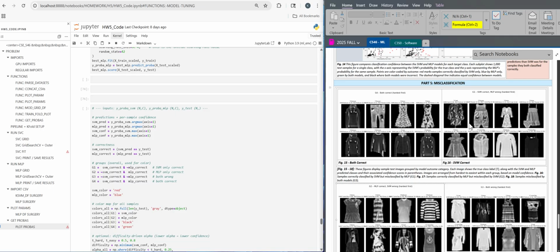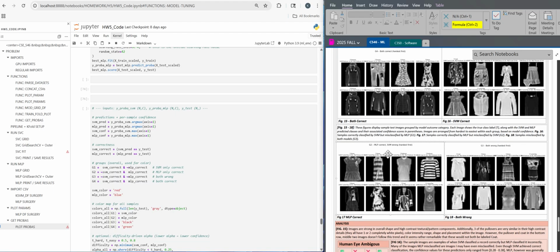And so perhaps the SVM is focused more on basic shape patterns, whereas the MLP is looking at more nuanced contextual information, such as patterns that are typical of one type of clothing article versus another, which represents more complicated